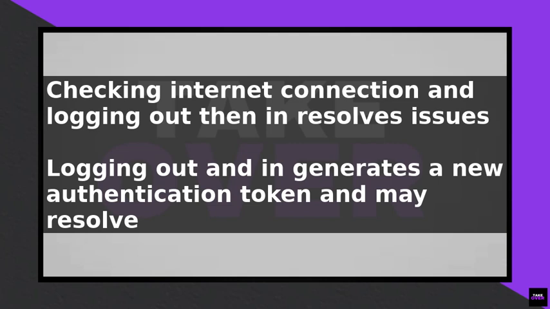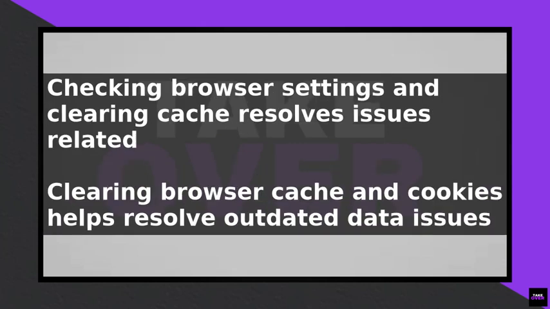If the problem persists, check your browser settings and ensure that cookies are enabled. Skylight uses cookies to store the authentication token, so if cookies are disabled, the token will not be stored, and you will receive an invalid token error. Also, try clearing your browser cache and cookies, as this can help resolve any issues related to outdated or corrupted